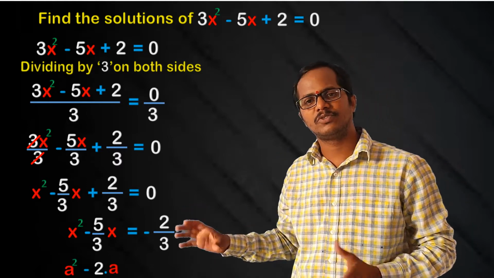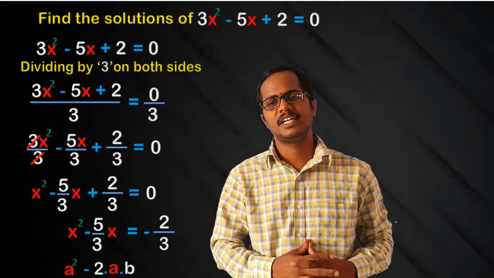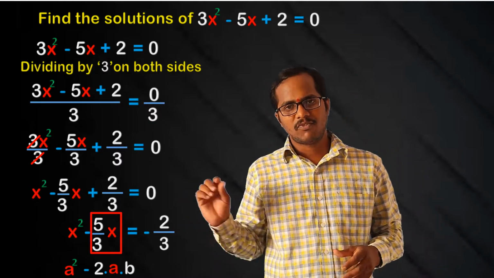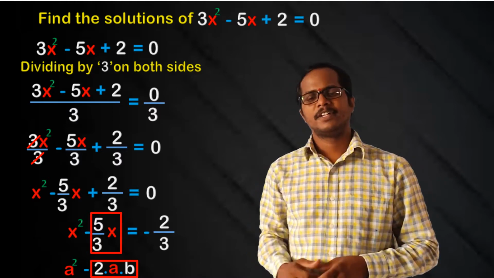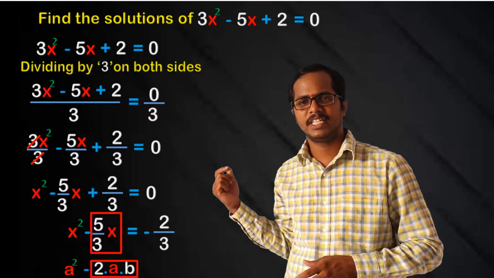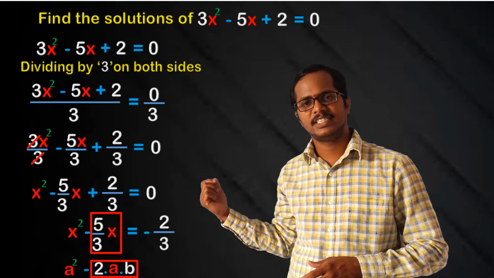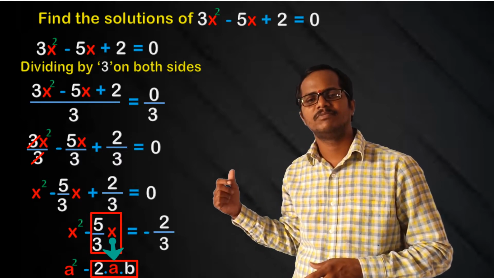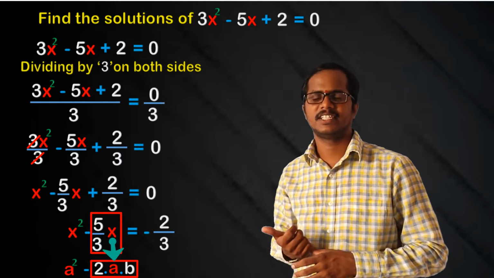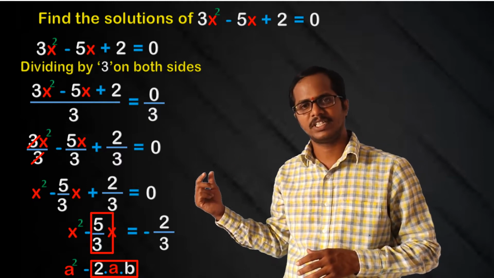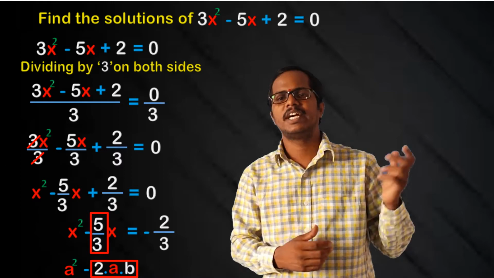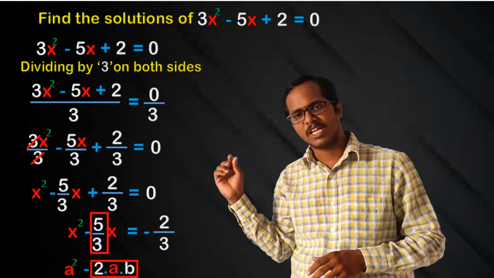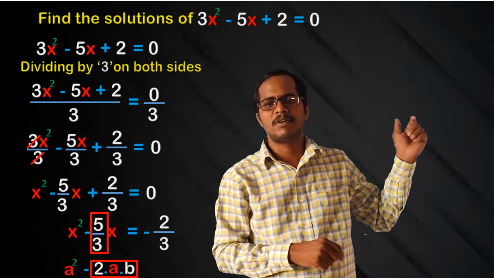Now we need to rearrange this left hand side part such that we get a perfect square on the left hand side. To get the perfect square on the left hand side, we have to express the second term, that is 5 by 3x, in the form of 2ab. So here in 5 by 3x, x is representing a. So in 2ab form, we already have a as x. Now the remaining number, that is 5 by 3, should be expressed in the form 2b, so that we get 2ab form. So now this 5 by 3 should be written in the form of 2b.